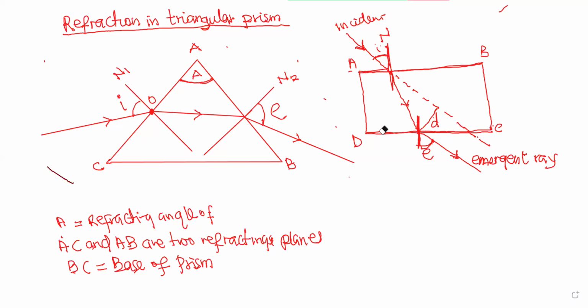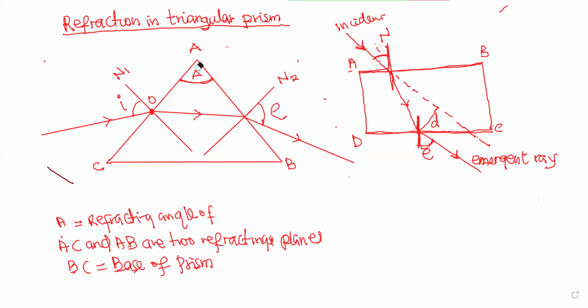But for triangular prisms, because of their architecture or nature, deviations occur at the refracting planes, inclined planes AC and AB,